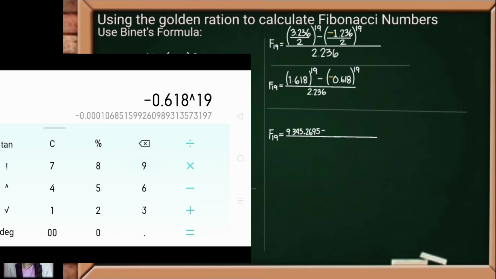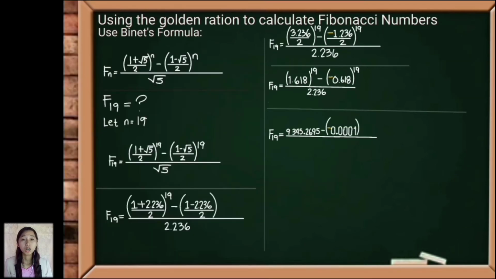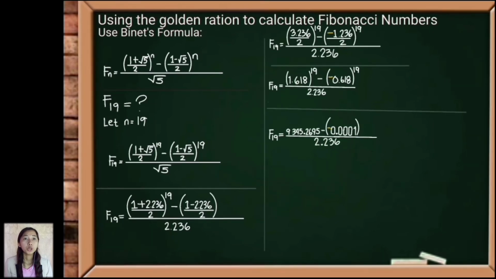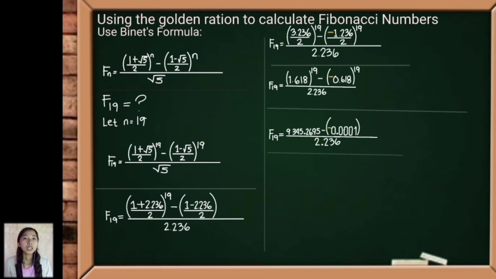So you have your calculator there, try to compute. The answer is negative 0.0001. So it's actually longer than that number. I just have to estimate it to make it short. So I just use 4-digit number here. Then copy the denominator all over 2.236. Simplify. F19 is equals to